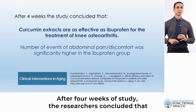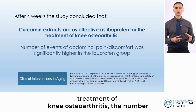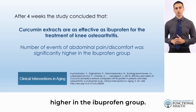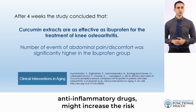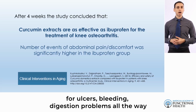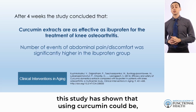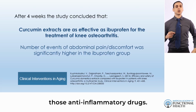After 4 weeks of study, the researchers concluded that curcumin extract was as effective as ibuprofen for the treatment of knee osteoarthritis. The number of events of abdominal pain discomfort was significantly higher in the ibuprofen group. That's because we know that NSAIDs, the non-steroidal anti-inflammatory drugs, might increase the risk for ulcers, bleeding, digestion problems, all the way to even cardiovascular problems, even a stroke. Using curcumin, this study has shown that it could be, for many patients, a safer alternative to using those